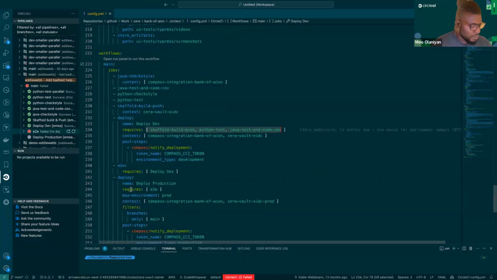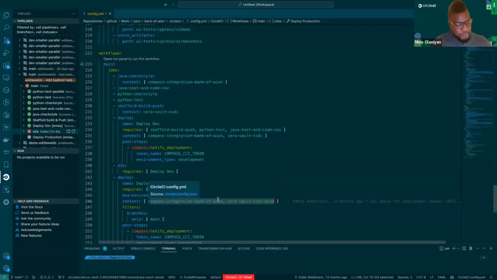Other tags that we have are filters. So you can see that, hey, we only want this to run on a particular branch, for this one only main. And we also have contexts, right? Which are credentials. I'll talk a little bit more about these later, but we can say, hey, this particular job here requires these contexts, which are lists of secrets, credentials, environment variables, that type of stuff. So they're not actually displayed in the configuration here, but they can be accessed through CircleCI with the correct permissions set by guardrails.